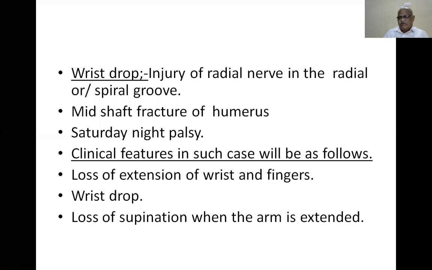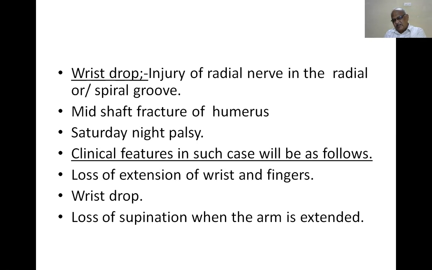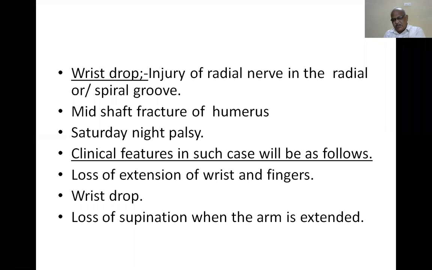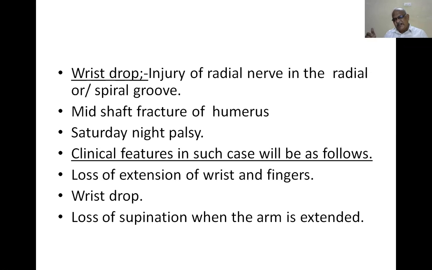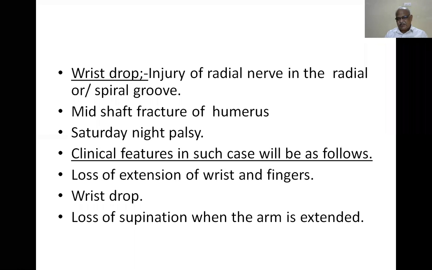And whenever the radial nerve at the axilla level is damaged, all extensor action of the radial nerve and the extensor action on the wrist is also lost, because the radial nerve is injured at the axillary level, and wrist drop occurs. So typical, complete wrist drop occurs whenever the radial nerve is injured at the axilla by crutch palsy.